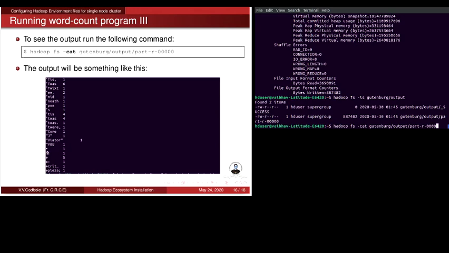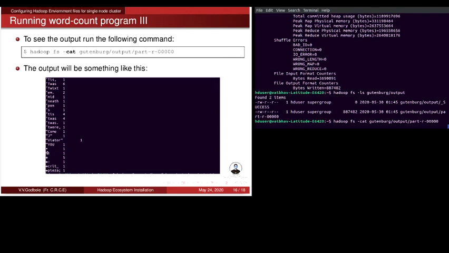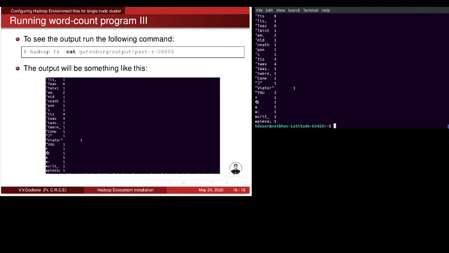How many zeros? 5 zeros. Okay, so enter. You can see this is the output which is copied into this particular output folder's file. You can see a word called TWAS occurred 6 times. You can see a word TWAS occurred 1 time. So this completes the second MapReduce program, word count.